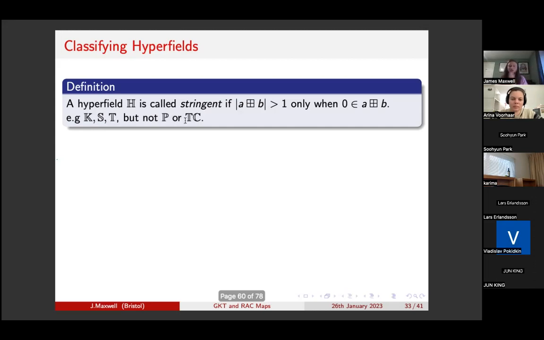But the phase hyperfield and the tropical complex are not stringent, because over both of these you can get an open or closed arc of a certain radius. This is a set, but doesn't include a 0 element. So stringent hyperfields are, without being biased, way nicer to work with. There's a lot of properties that you can pull in and draw on, and they are significantly easier to study